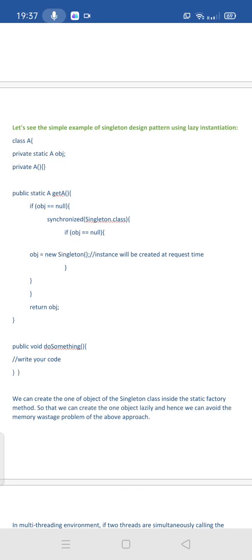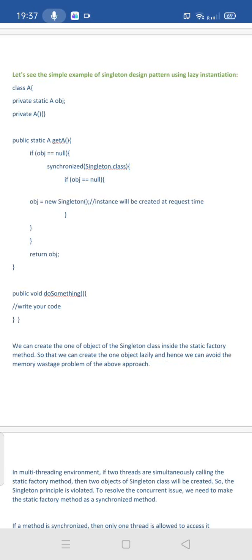Okay, so inside the static factory method, I am checking whether obj is referring to any instance of the class A or not. If it is not, that means the instance of class A is not yet created. So I will create an instance of class A and assign it to obj.